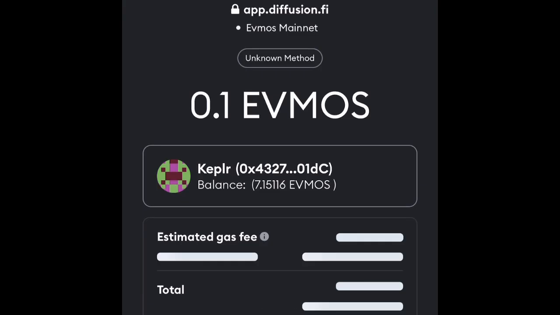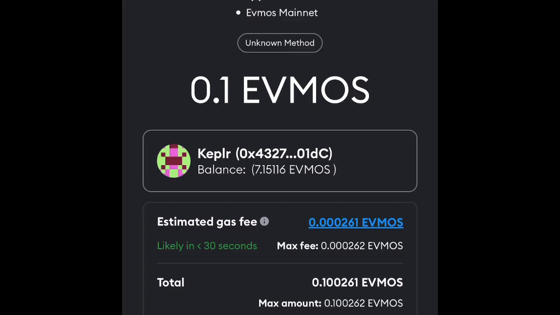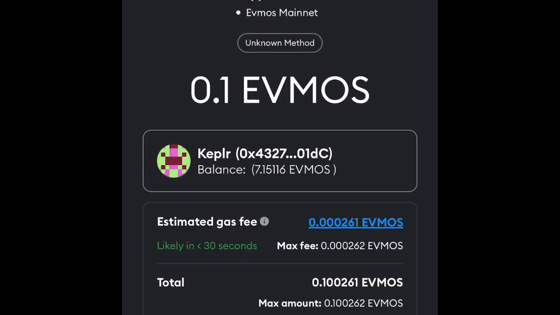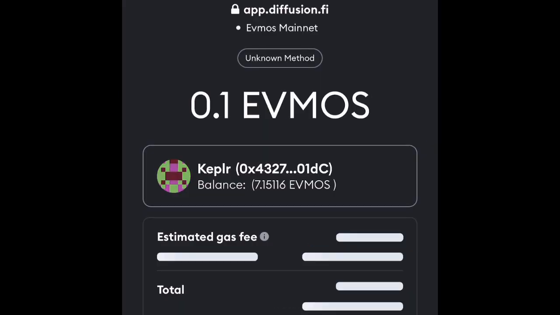For some reason, when I hit this, a picture doesn't show up, for my real meticulous crypto heads. I like the pictures and the tokens like I do. You know what I'm saying? On Metamask, I like seeing the pictures. That's fly. I like to see my investments fully blossom. So, you know what I'm saying? Now I got some diffusion.